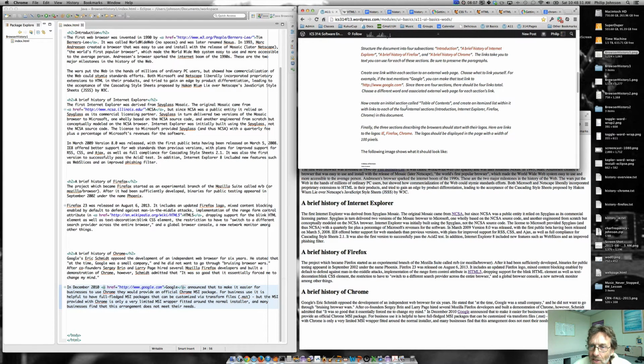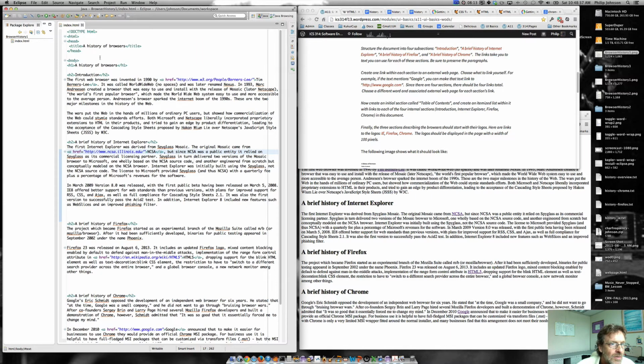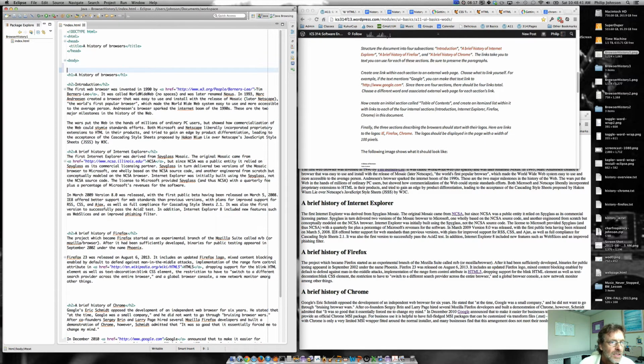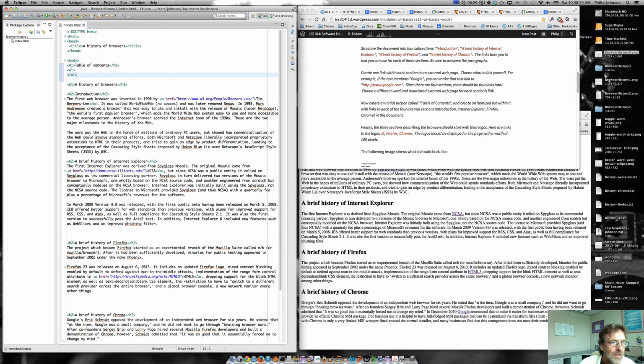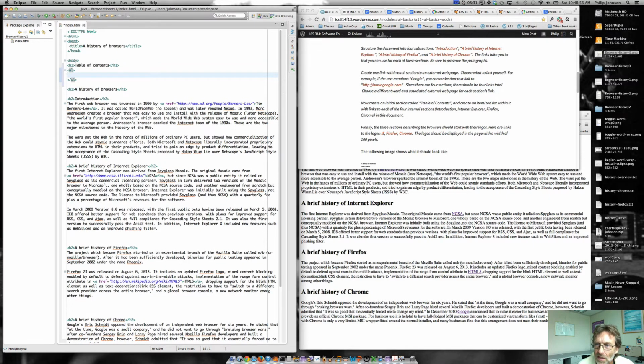Now create an initial section called Table of Contents and create an itemized list within it with links to each of the 4 internal sections. Okay, so we gotta now up here, create initial section. So this is, I guess, gonna be an H1. I don't know. H1, table of contents. And then within that, we're gonna have an itemized list, so it's gonna be li,